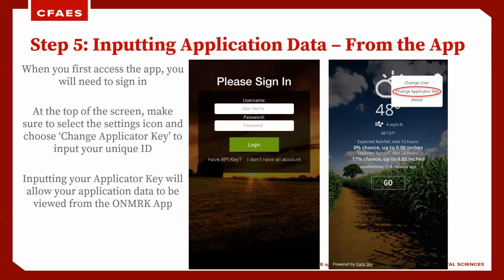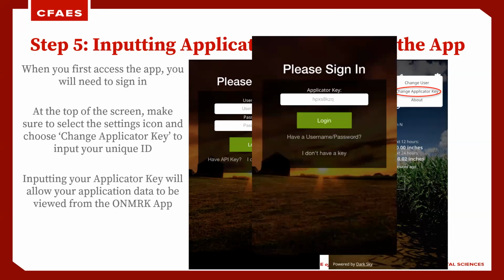And as you can see here, there's weather data right there. It tells you the expected rainfall for the next 12 and 24 hours. So that also brings in another aspect of the record keeping requirement. So once you put in your applicator ID, you're good to go. And all the data that you put in from your phone or tablet will show up